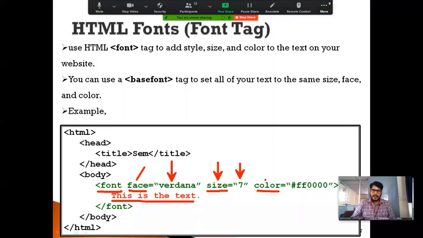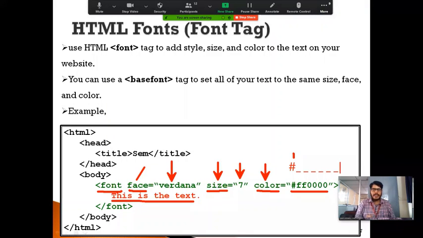Similarly, I can specify the color of the font by using a color attribute, and I can specify the value by using a hexadecimal coding value. This coding includes RGB format. Let me show you what happens in hexadecimal. A hexadecimal code should begin with a hash symbol, and after this it will consume 6 digits.